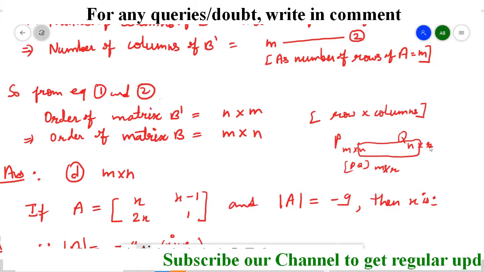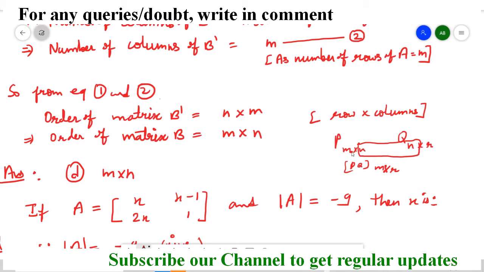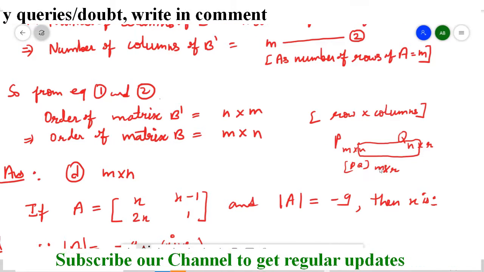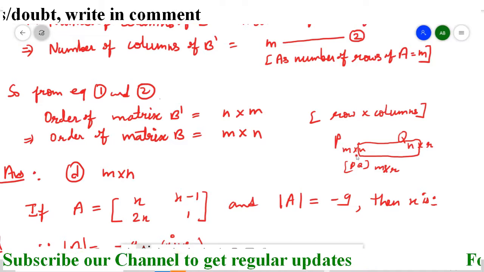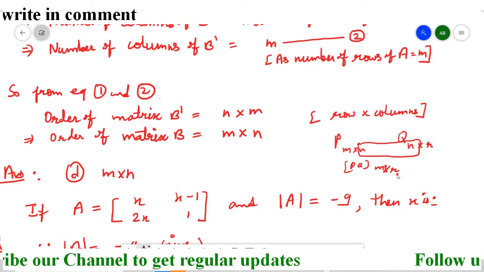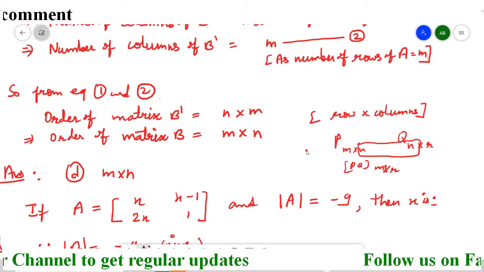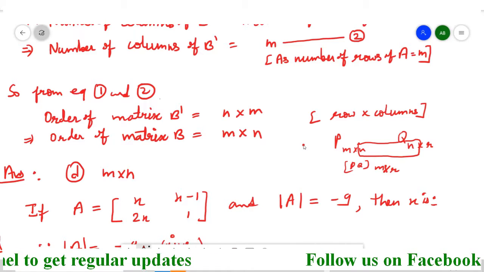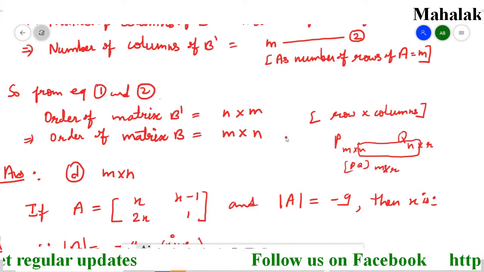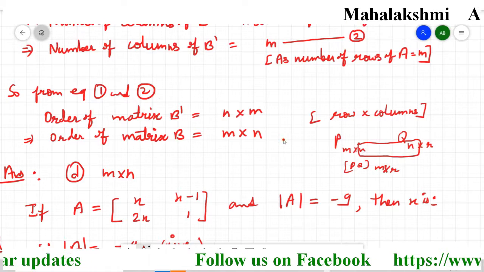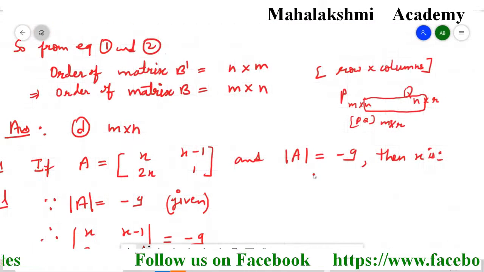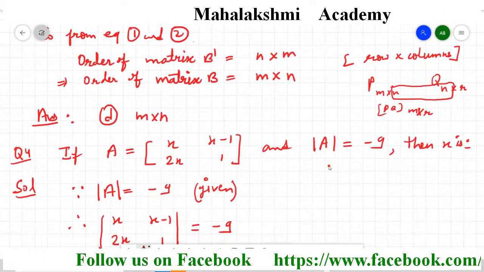It is going to be R here. So in the PQ matrix, rows are equal to those of the P matrix and columns are equal to those of the R matrix. So go through the theory. It is clearly written in the 12th class maths book. Understand it, learn it.